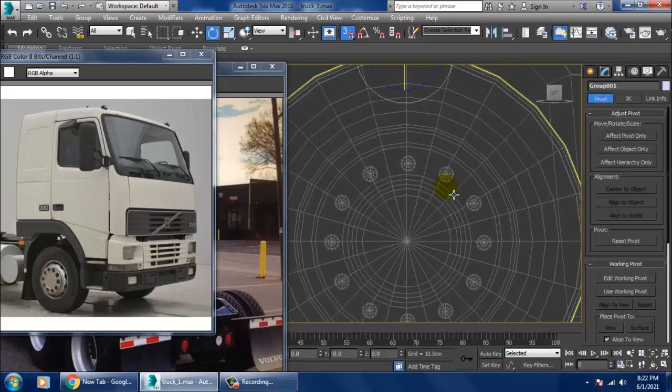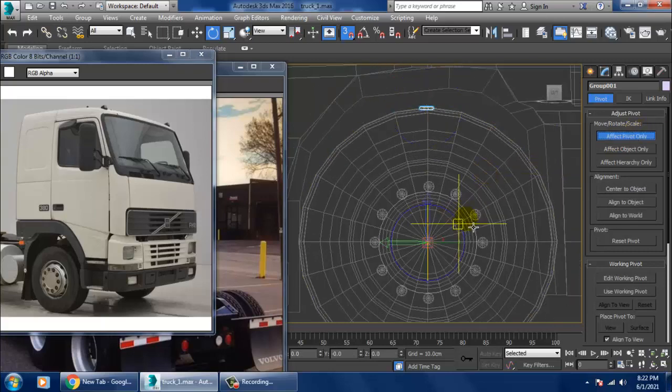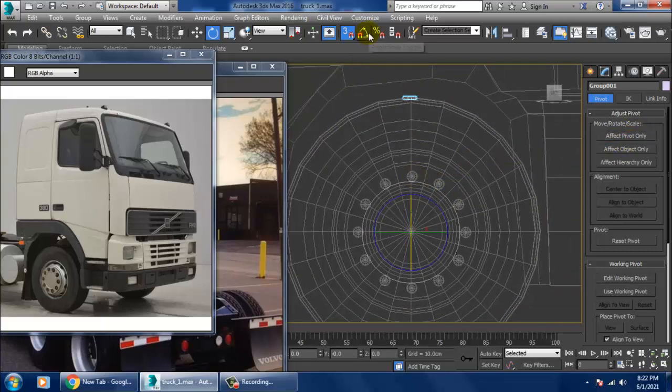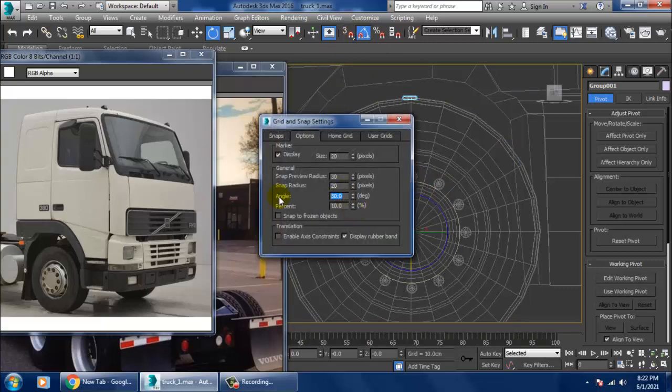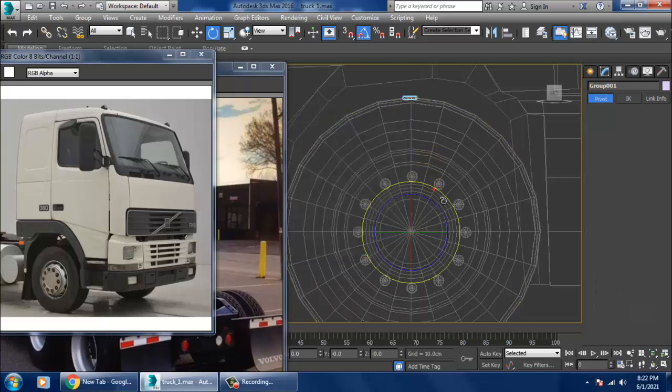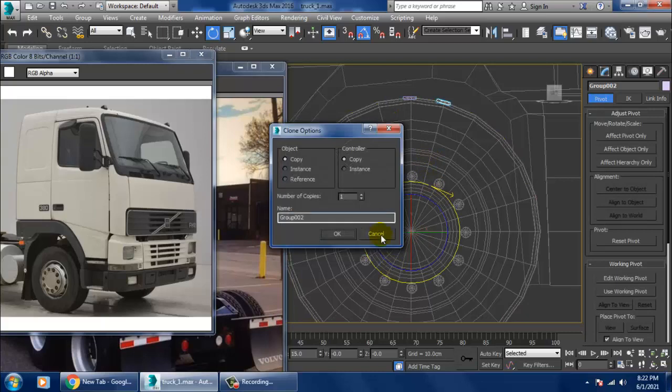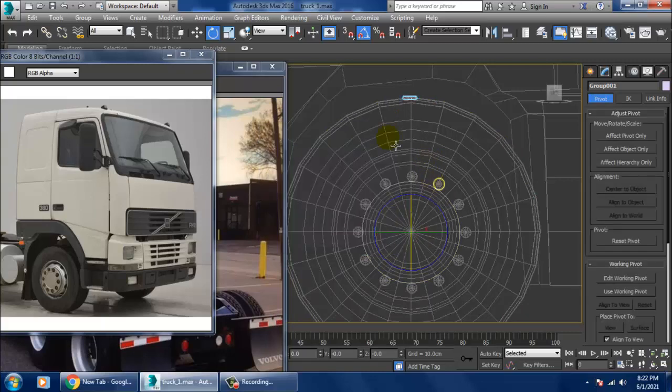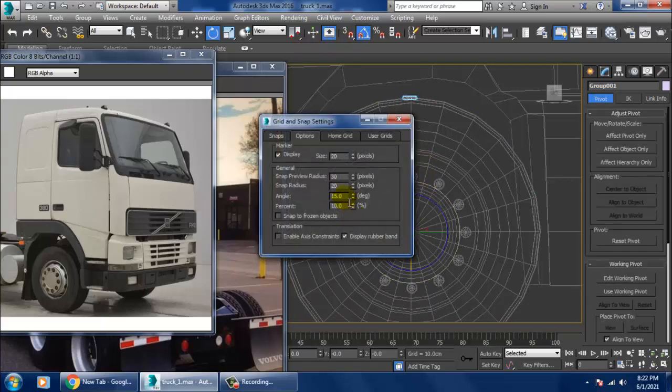Once you have snapped that part, you can slightly rotate it. So let's go over here and let's set it to 5 degrees or 15 degrees. So I can just set it to 10 degrees over here.